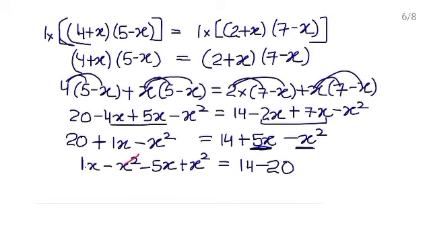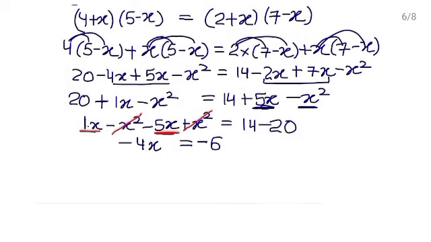Now minus x square plus x square cancel out, right? This is 1x of plus sign, this is 5x of minus sign. Both are like terms but sign are different, so these will be subtracted. Subtract them. 5x minus 1x is 4x and sign will be of greater numeral which is minus. These are of different signs, so these will be subtracted. 20 minus 14 is 6 and sign will be of greater numeral which is negative.